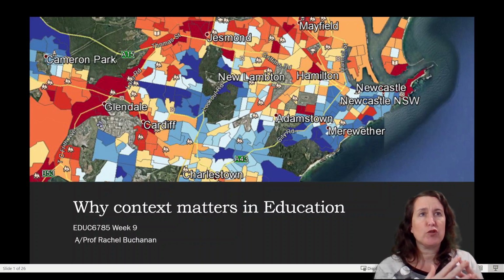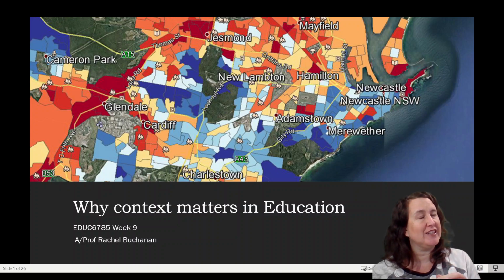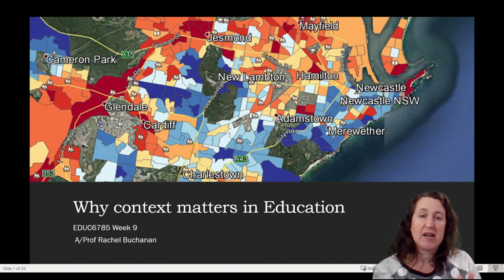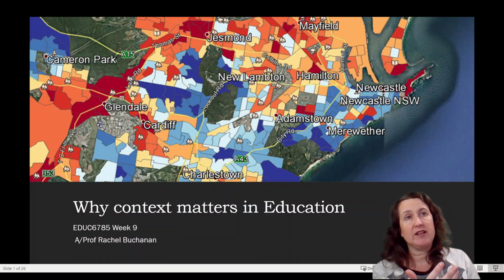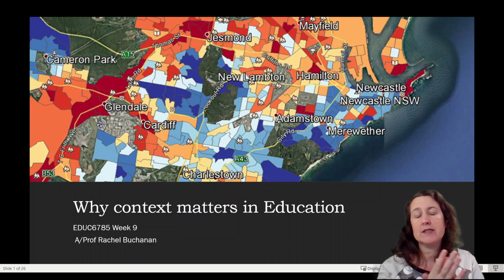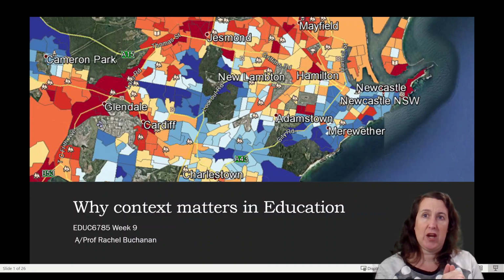So when I'm talking about social factors or social groups, we're looking at the way in which we can categorize people in different social conditions. Different social groups might be male, female, high SES versus low SES, people with an Indigenous or Aboriginal Torres Strait Islander background, people with a language background other than English. So there's a whole range of social groupings that we can apply to our students when we're looking at how they go in education.